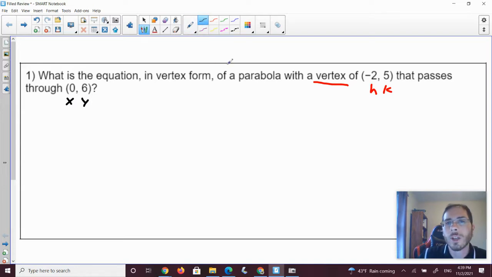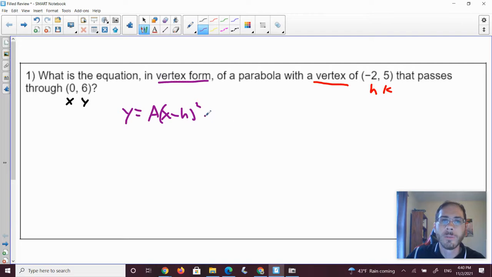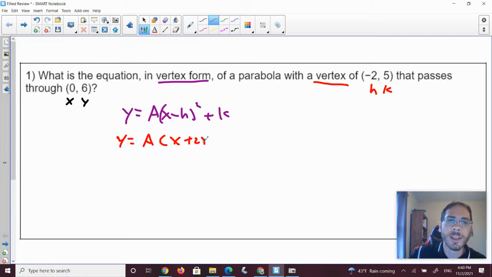And so what we want to do is write down vertex form, and then we're going to plug everything into vertex form, kind of like we did for the quiz. So y equals a, parentheses x minus h squared, because that's vertex form, plus k. We'll fill in the vertex, we'll fill in h and k. y equals a, x, so h is -2, so minus -2 would be +2. k is 5, so we'll add 5. Then we'll substitute in for x and y, so y is 6, and x is 0, so 0 plus 2